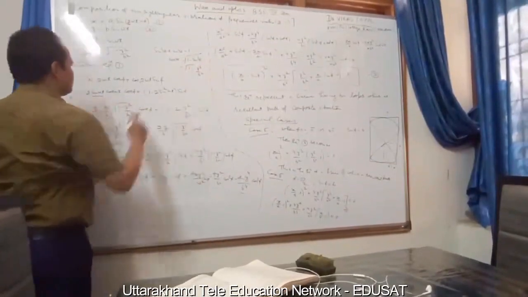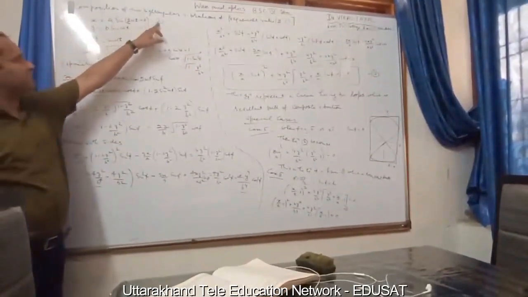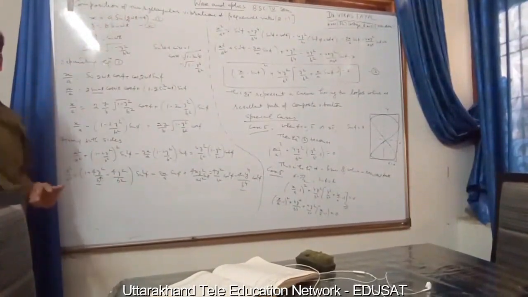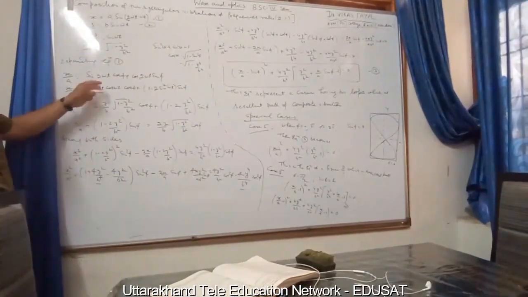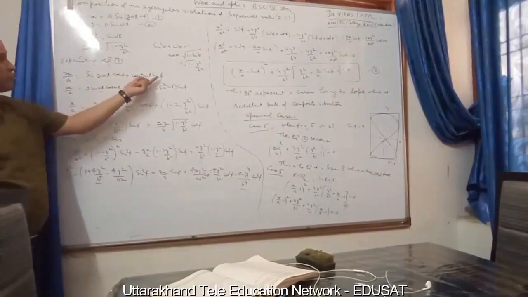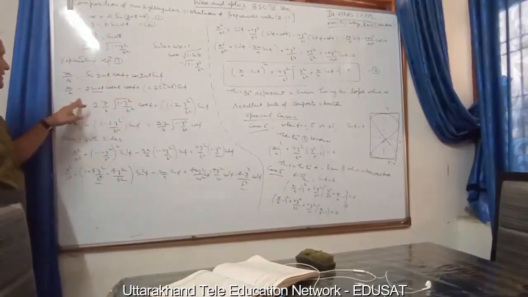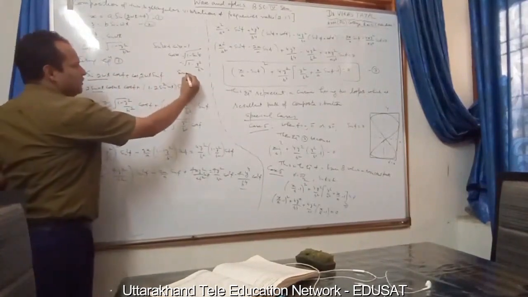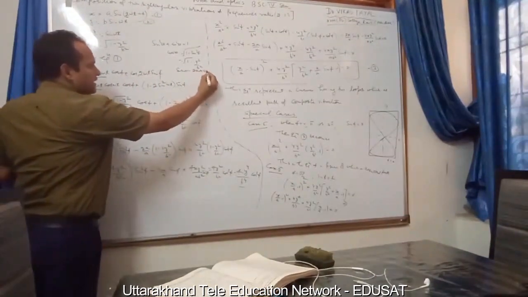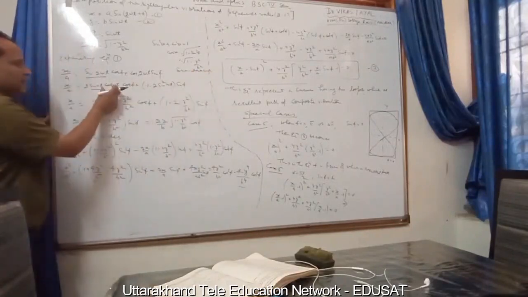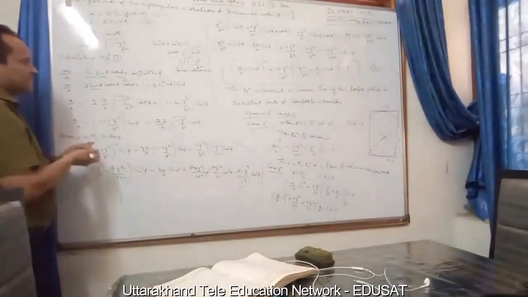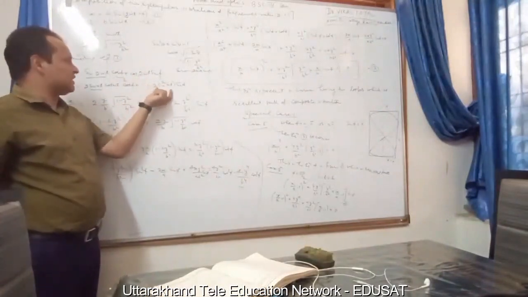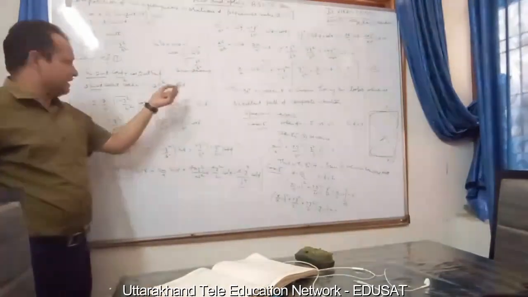Expanding again equation number 1, x upon a is equal to sine(A plus B), which is sine A cos B plus cos A sine B. So sine 2 omega t cos phi plus cos 2 omega t sine phi. X upon a, again sine 2 omega t, this is the formula of sine 2A, 2 sine A cos A. So 2 sine A cos A will remain as it is, plus cos 2 omega t, which by the trigonometric formula is 1 minus 2 sine square omega t, and sine phi is as it is.